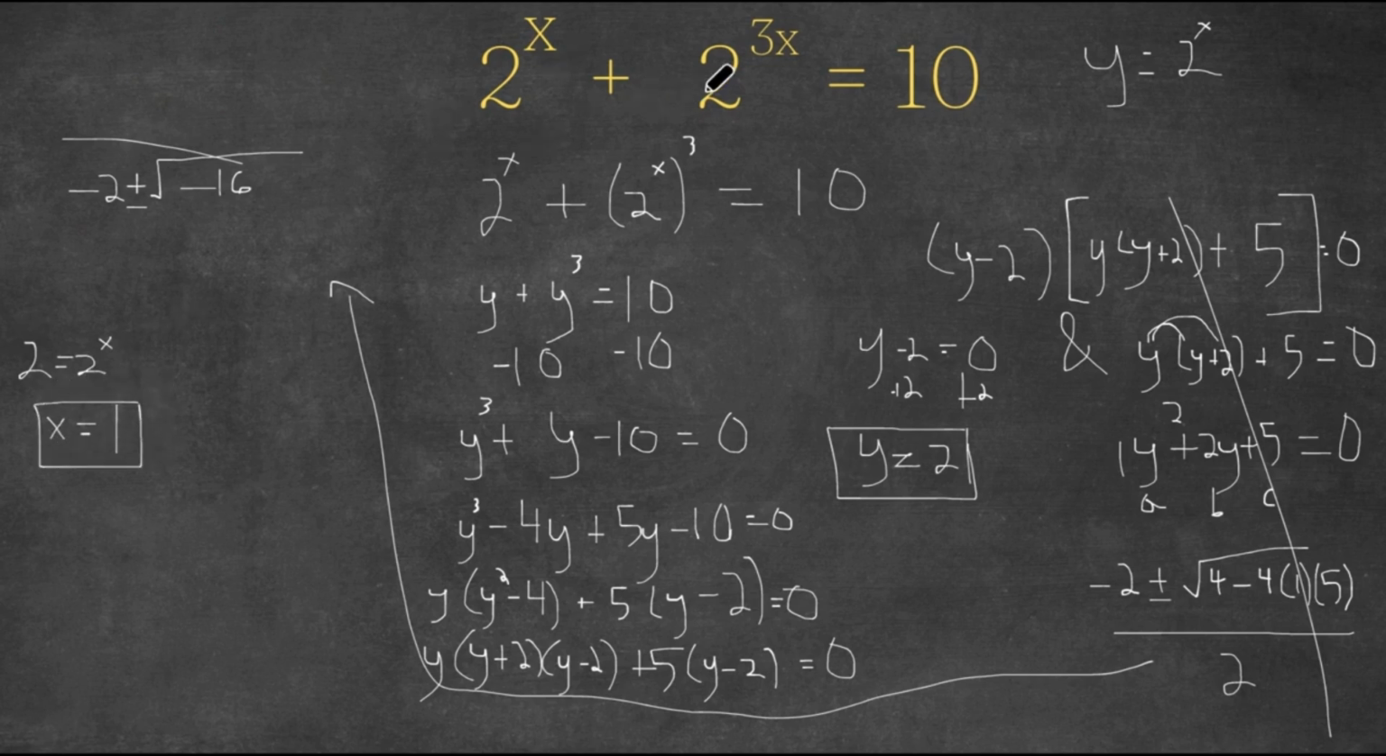Now, why don't we check our solution in this equation? So if we plug in 1 for x, we get 2 to the power of 1 plus 2 to the power of 3 times 1 equals 10. 2 to the power of 1 is 2, plus 2 to the power of 3 times 1 is the same